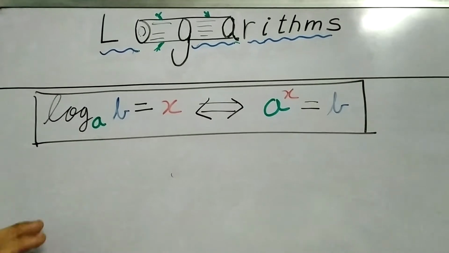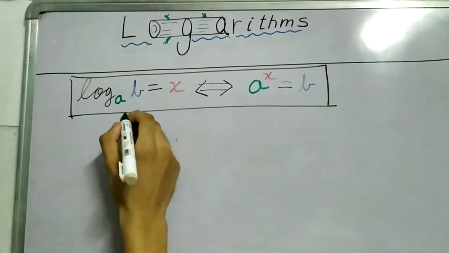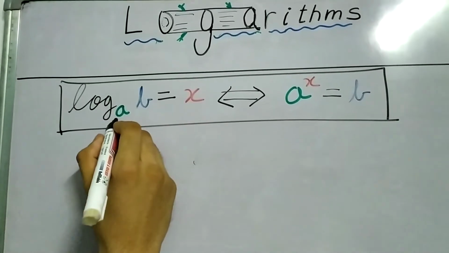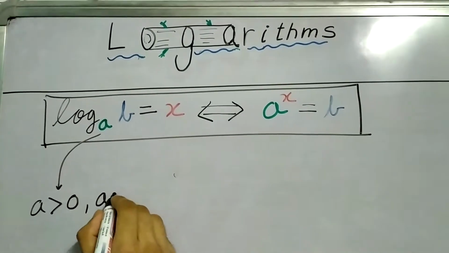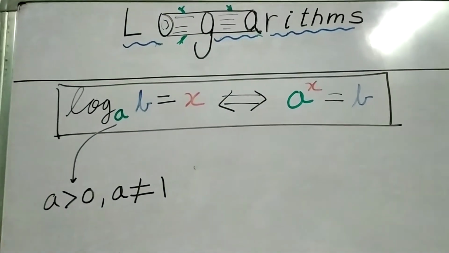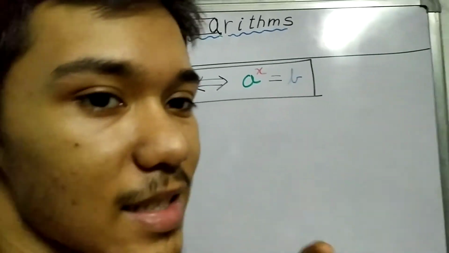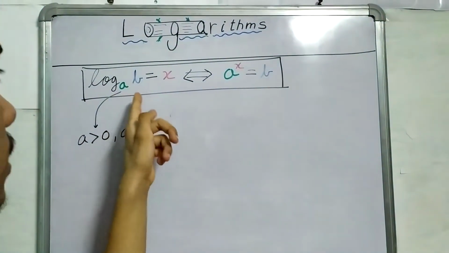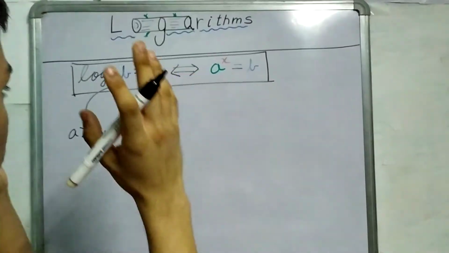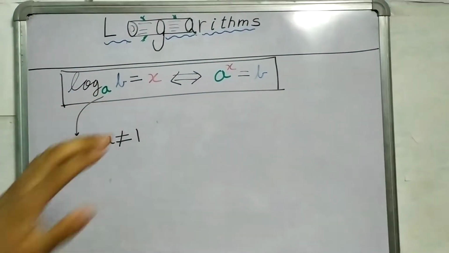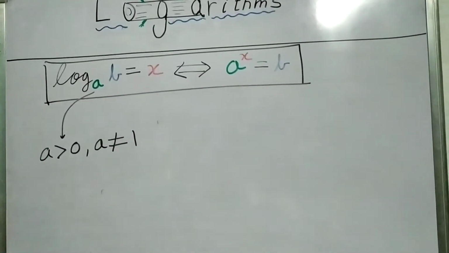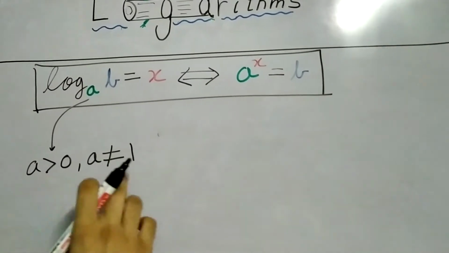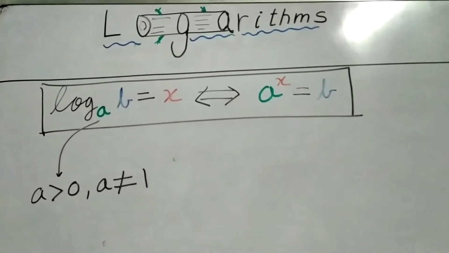Now let us see what values a can take, that is, how this log function is defined. a should be greater than 0 and a should not be equal to 1. Since everything we are doing is in real numbers, x can be real and b should be real. You can take it as a definition for log that a should not have negative values. So a greater than 0 and a should not be equal to 1. Now let's see why these two are true.